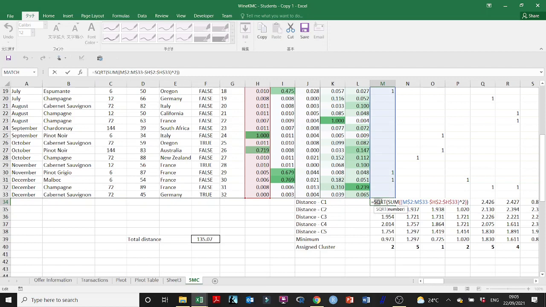so this is the distance here. It's the square root of the sum of the squared difference of the two vectors, or the data components of the two vectors. Okay, so this is relatively easy for you to understand, and this is why I started with this, because